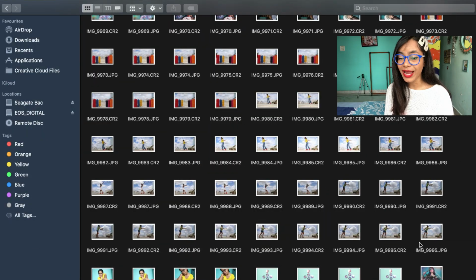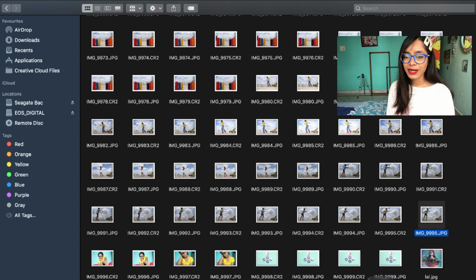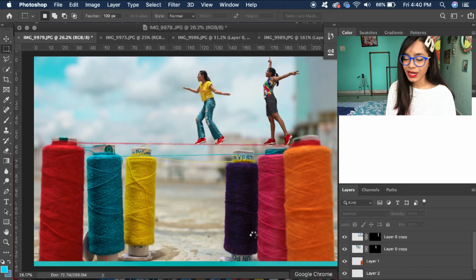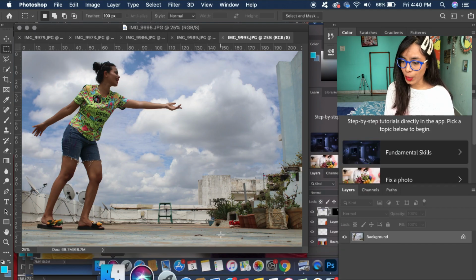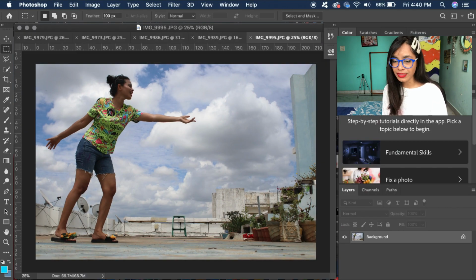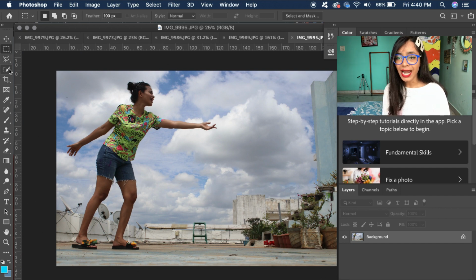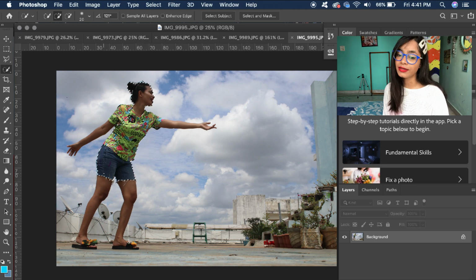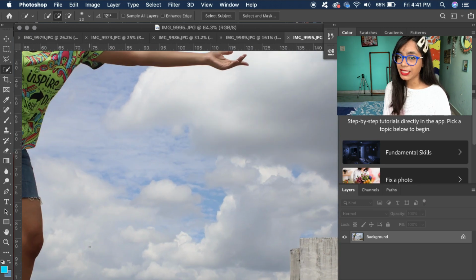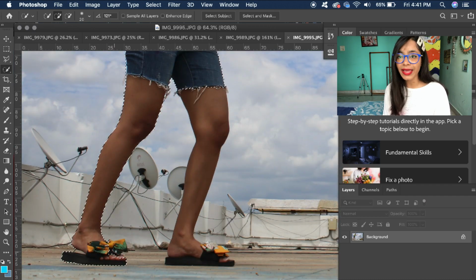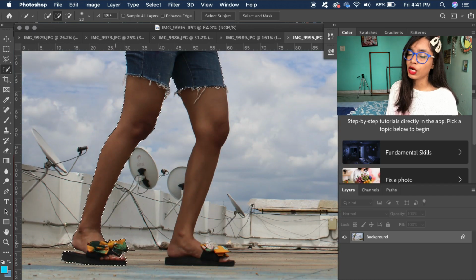So let's just move ahead to the last but not the least character. Let's select from my folder, and this is the picture I'm going with. Let's repeat the same old steps that we used in the previous characters, that is selecting and masking it and then doing refine edge, because we don't need the background clearly.